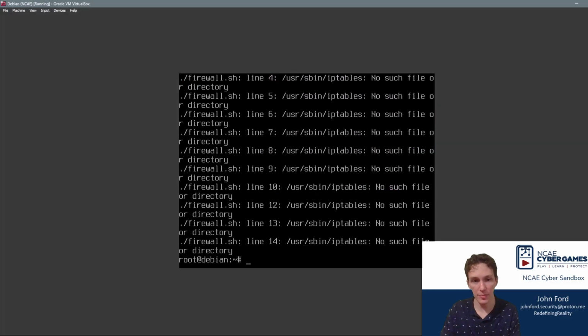Now here's the problem. In this case, it looks like there's no iptables. It looks like iptables isn't installed. So we're going to have to install it using apt or yum. But remember, Red Team could have messed with our package manager. So once again, we're going to want to check that before we go ahead and install iptables or whatever